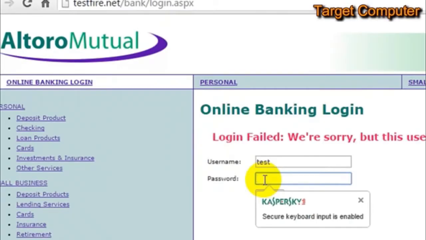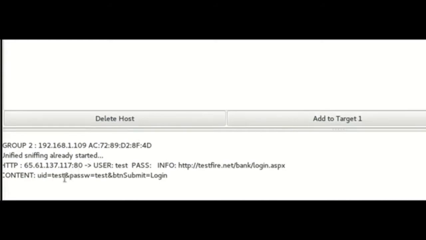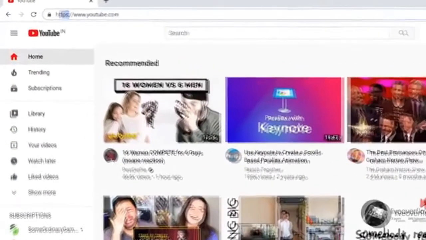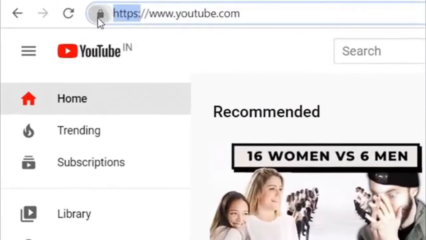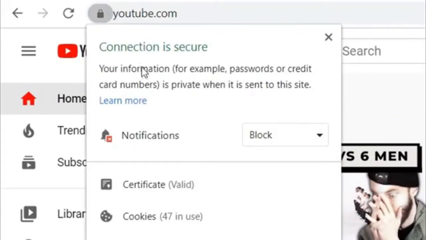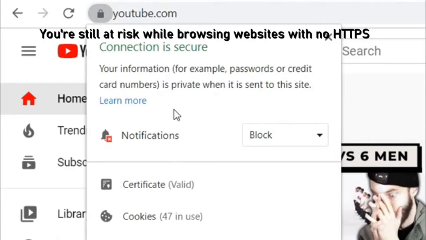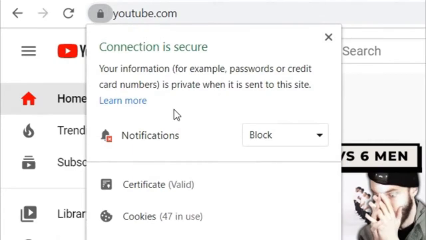This means they will be able to see literally everything that you are sending and receiving from the internet using that public Wi-Fi. But as I said, it is very unlikely to happen because most websites nowadays use an HTTPS connection, which means the traffic between you and the website is encrypted, and no man in the middle will be able to extract this internet traffic. But you're still at risk if you're using a website that uses HTTP instead of HTTPS. In such a case, you may want to use a VPN to stay secure while browsing.